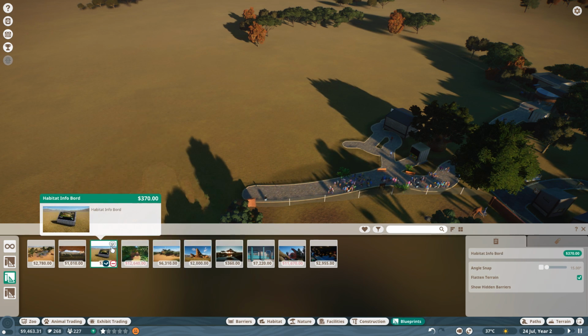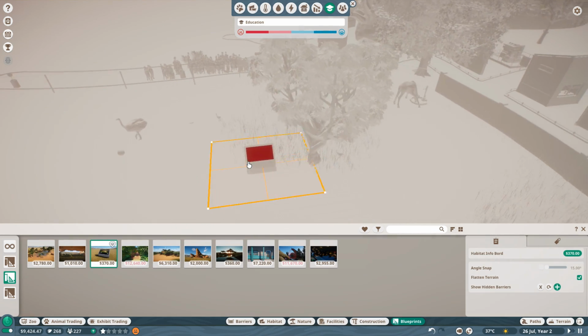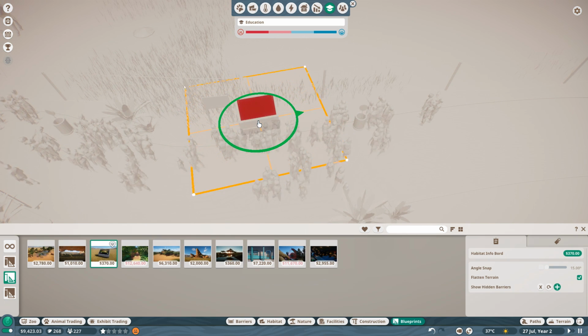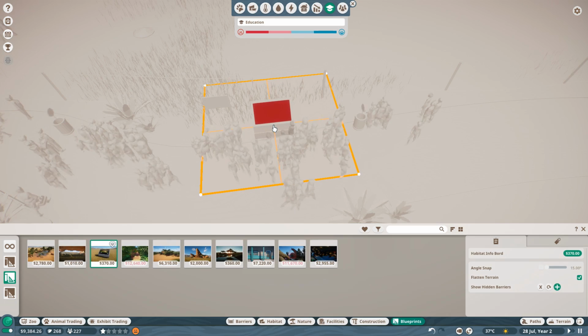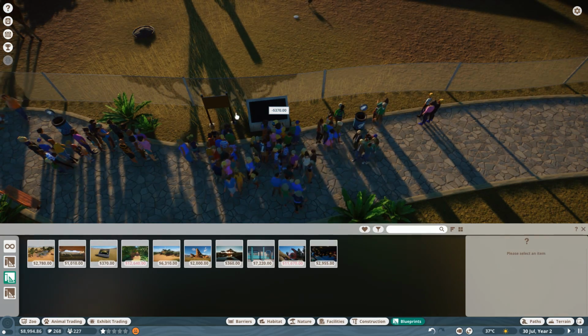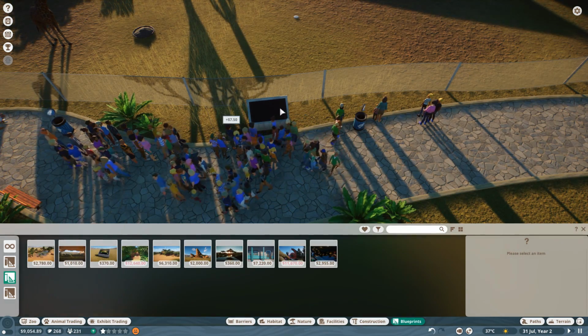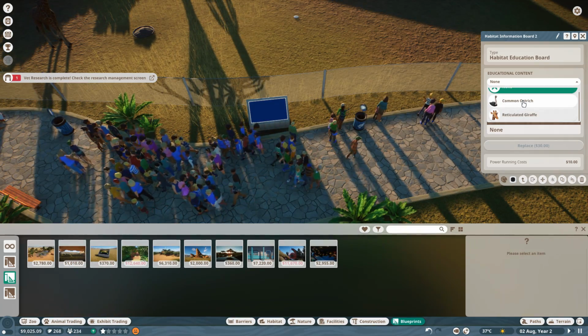Wow. And then this is just a really cool little info habitat board where you can try to encourage some education in your guests, which I love. Can I put this down over here so people can maybe learn a little bit more? Maybe? I think you have to do some research on... There we go. I have a habitat education board here, but I don't think it's doing anything. So if I have this board, I can do some...